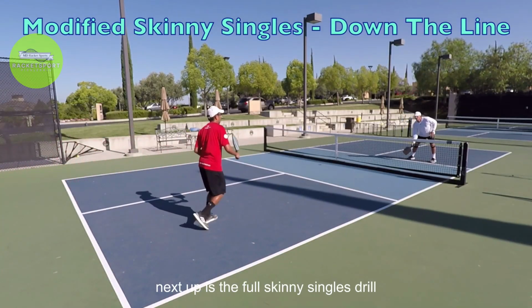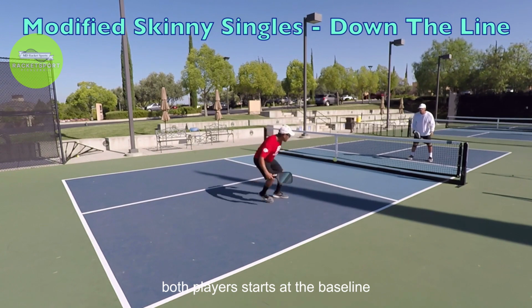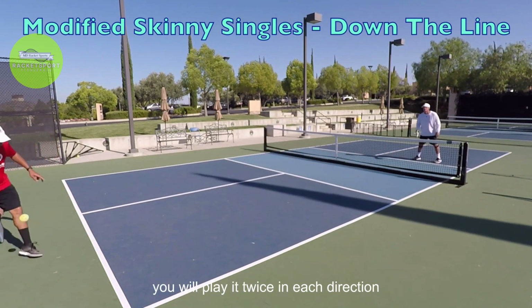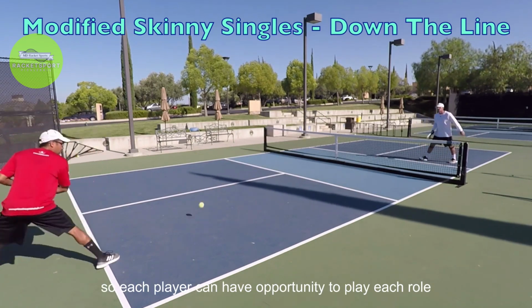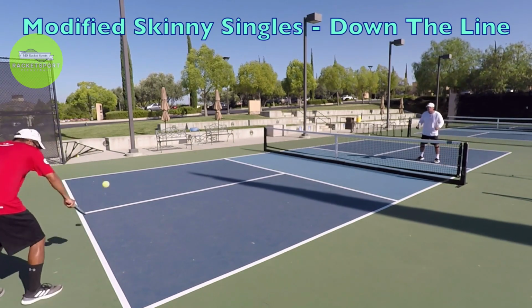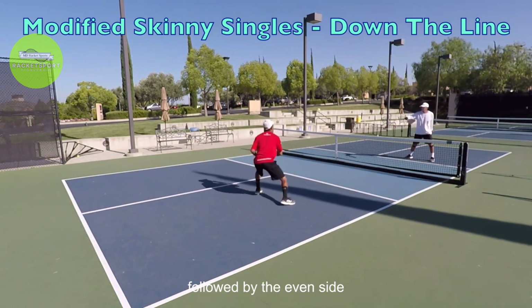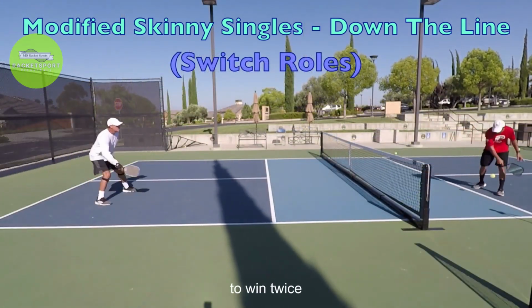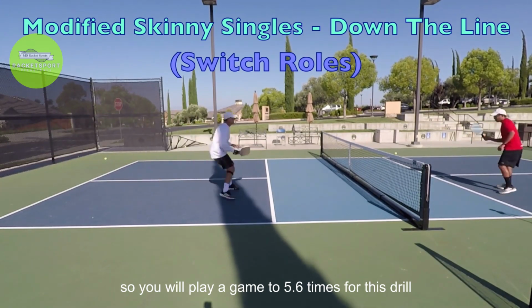Next up is the full skinny singles drill. Both players start at the baseline. This drill also has a different role in. You will play it twice in each direction, so each player can have the opportunity to play each role. We will start with the down the line direction, followed by the even side and finally the odd side. And you are doing each direction twice, so you will play a game to 5 six times for this